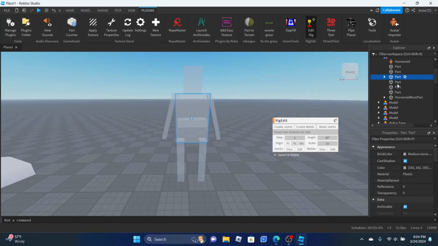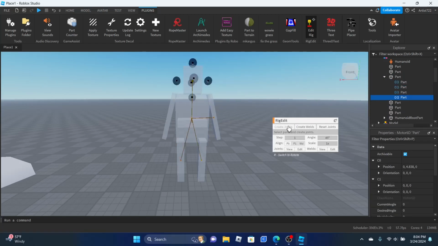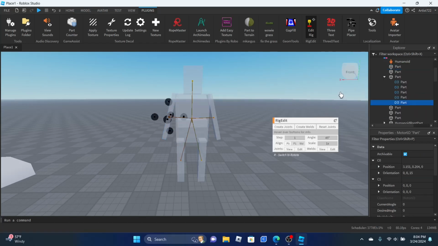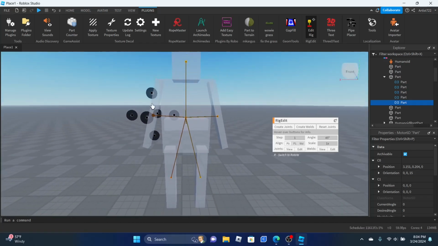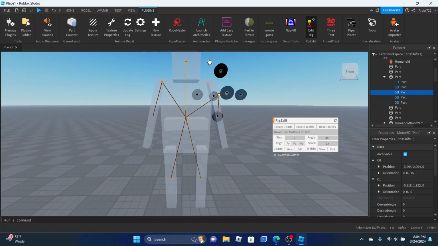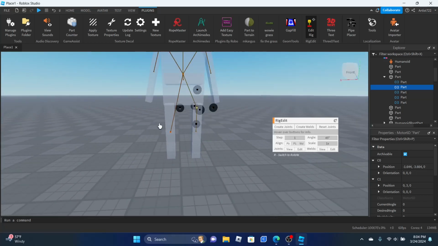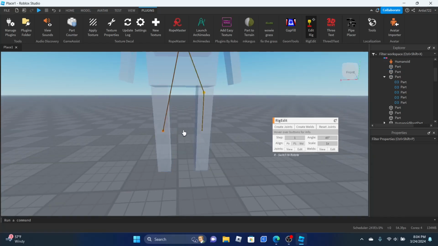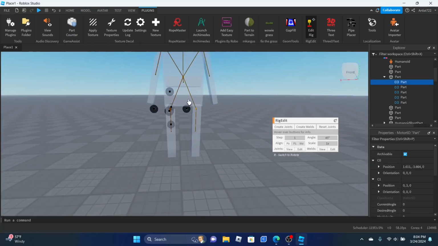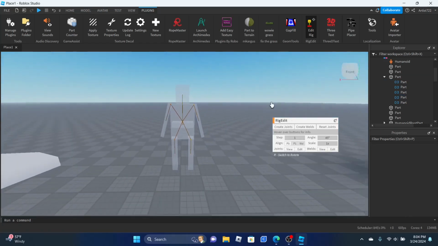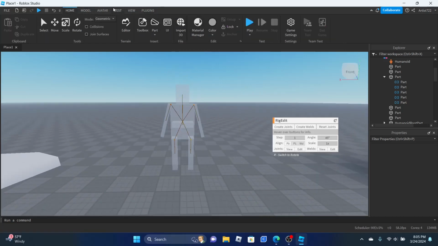Okay, torso to arm, torso to head, and then finally torso to arm. And just like that, we have a rig on this character. We can move all of these up to create the different joints correctly. And it should, just like that. Then when we go into the animation editor,